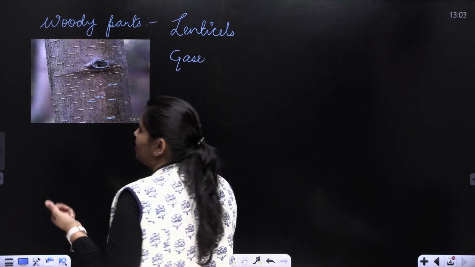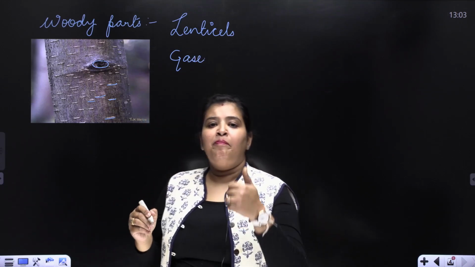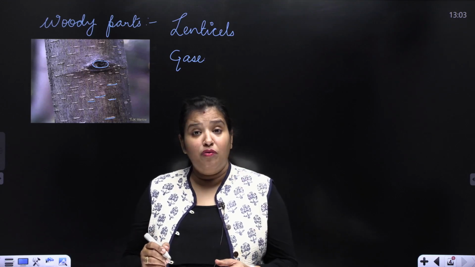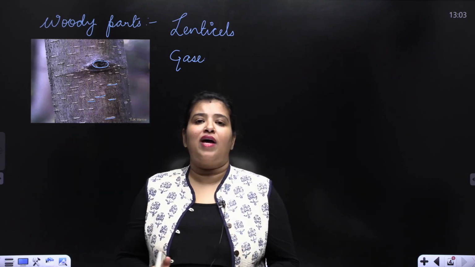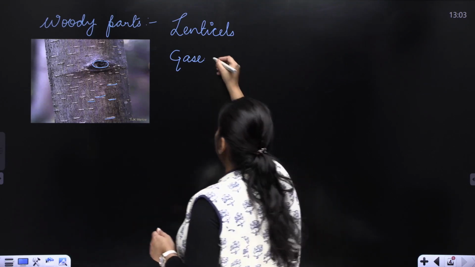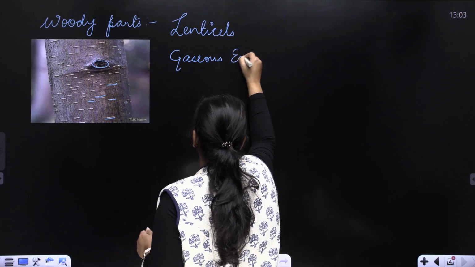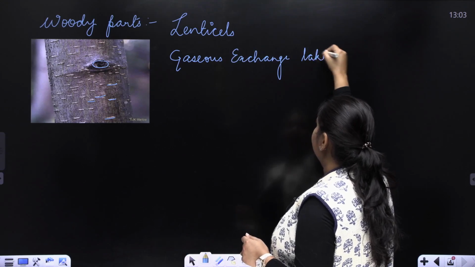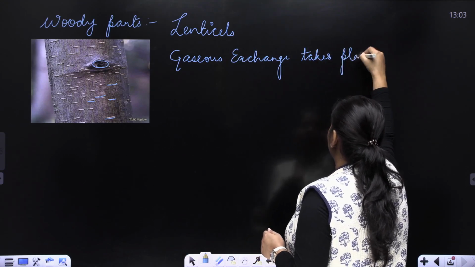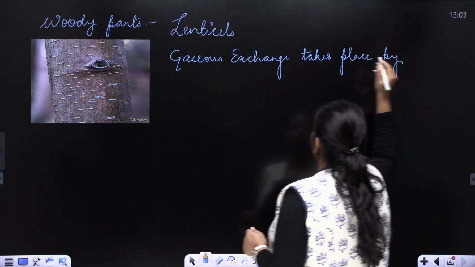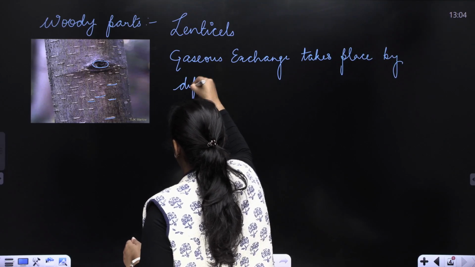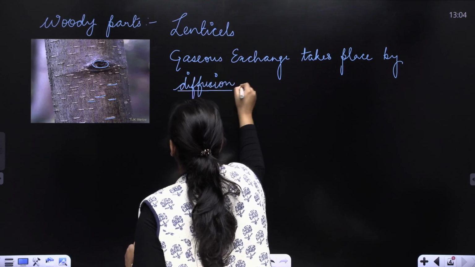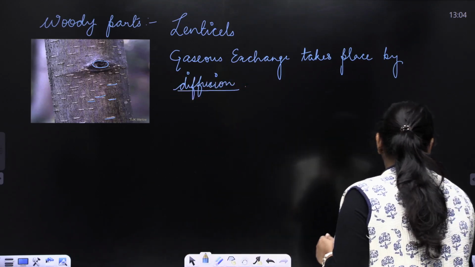Please remember, gaseous exchange, whether it takes place in plants, in unicellular organisms, in multicellular organisms, or higher organisms like human beings, the ultimate process of gaseous exchange is diffusion. So, gaseous exchange takes place by diffusion. Please keep in mind this part. Let us move to the next part,